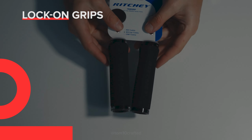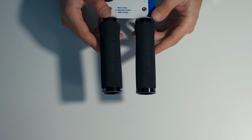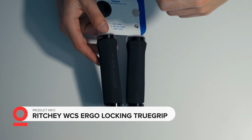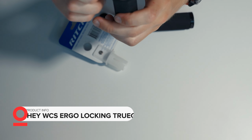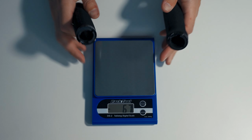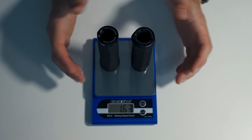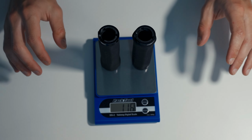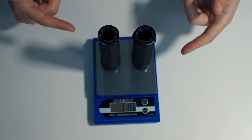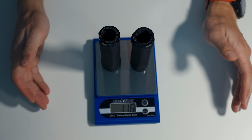Apart from the slide-on ones, there are lock-on ones as well, and I had those for a while because on the Scott Scale you have the lockout remote. It kind of has to slide on some sort of plastic like this. For that reason, I used to use those, but actually they are quite heavy on their own. Because I figured out how I could install that lockout lever without those, from that point I never used them. The only good reason for those is that they are firm, they are not going to rotate on your handlebars. From that sense it's great, but